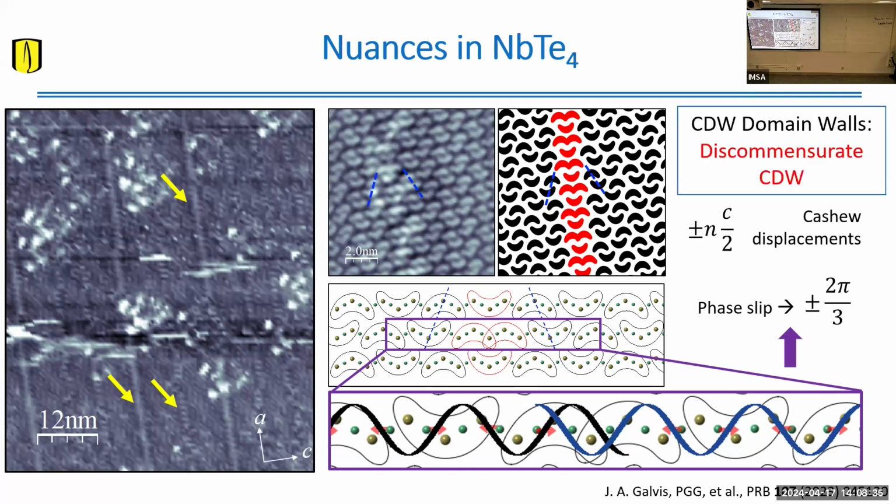All right. So this is what is called a discommensurate charge density wave, meaning you have a charge density wave that is not commensurate macroscopically, but if you go into little regions of the order of 10 nanometers, it's commensurate locally.